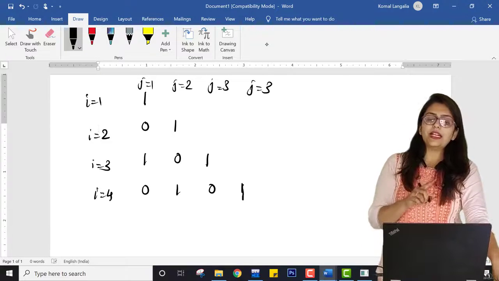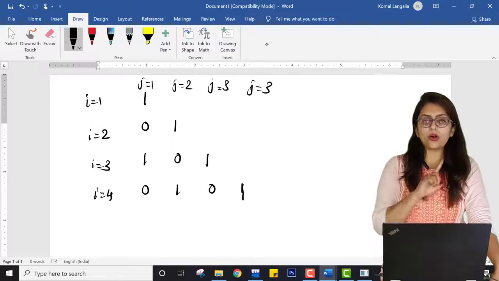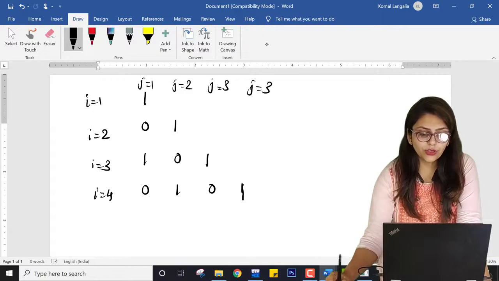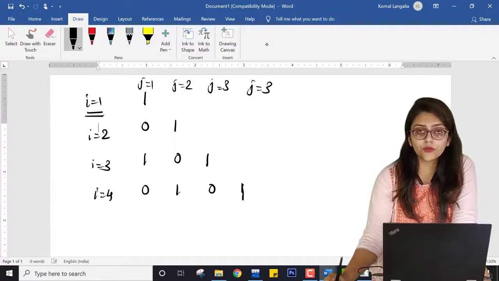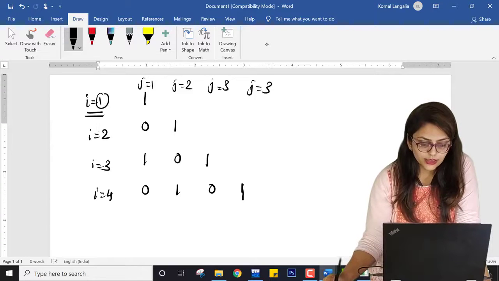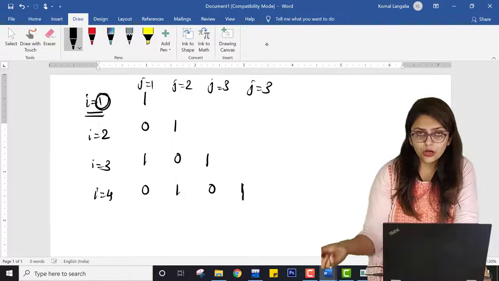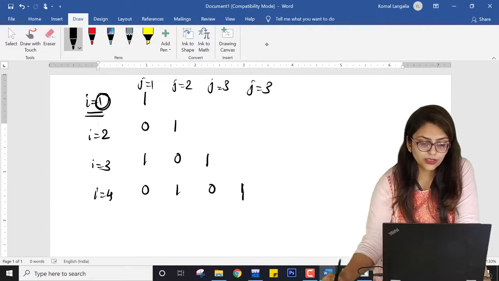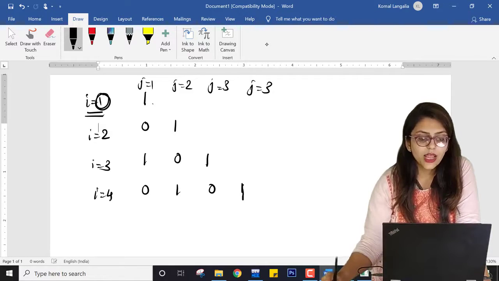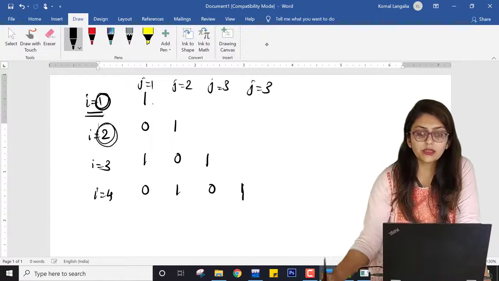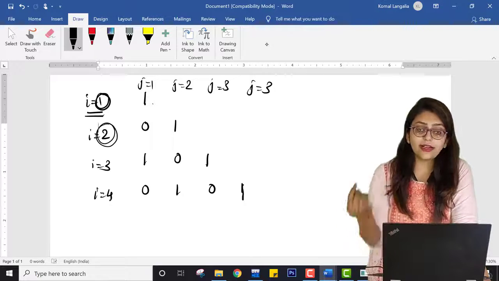That means every time I am not printing either the value of i or j. Now it may happen that if this number is even, I am printing 1, and if this number is odd, I am printing 0. So let me find that logic.